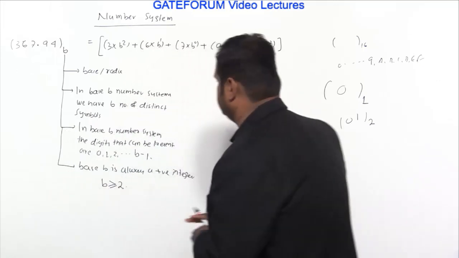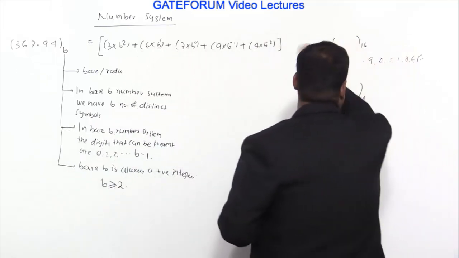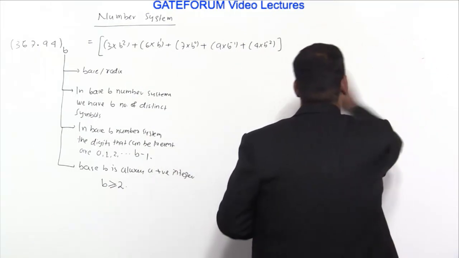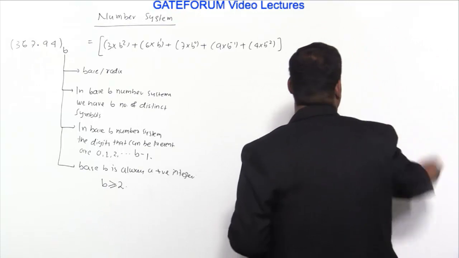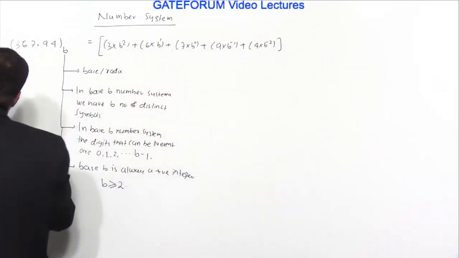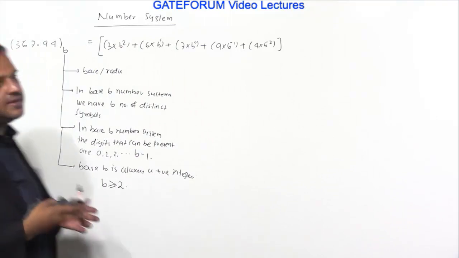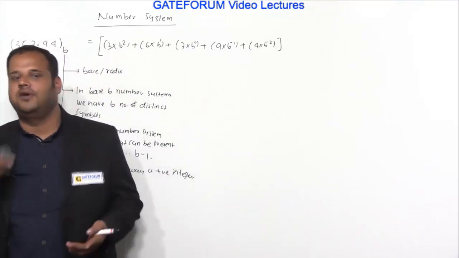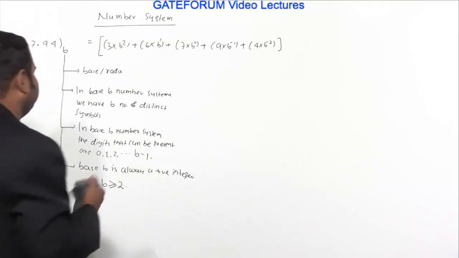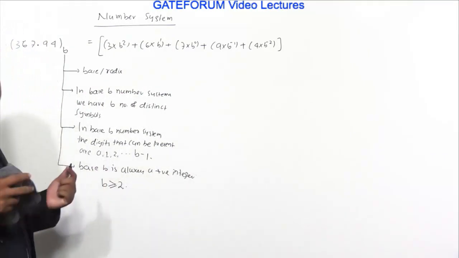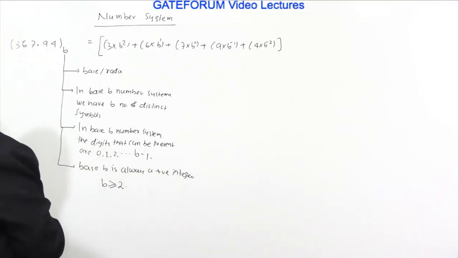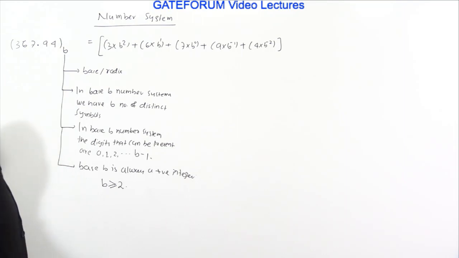Now in many situations we come across cases where one base has to be converted to another base. In fact, in the GATE exam also there are certain questions where one base has to be converted to another base. These base conversion techniques we learn from, I think, class 6 or 7, where computers are introduced. But still there are some tricks, so I'd like to share those tricks with you, so that if you get such situations, you can come to the answer very quickly. Okay, I think this is clear.